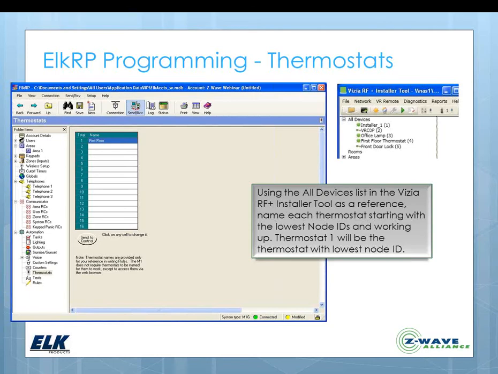Just a quick add to that. I know it's often really attractive to try to work with multiple technologies, or oftentimes with a customer that maybe already has some products in his house, like X10 or something. But with the mesh network, the more devices you have, the stronger the communication because of the nature of the mesh. So when I'm talking to a customer and they're saying, hey, I just want to put in a couple of Z-Wave devices and I want to use the rest of my existing X10 or something like this, I'll sit down with them and explain that what they really want to do is move to the latest and greatest